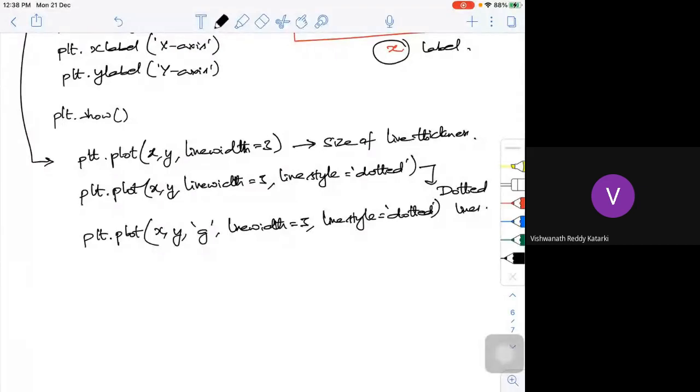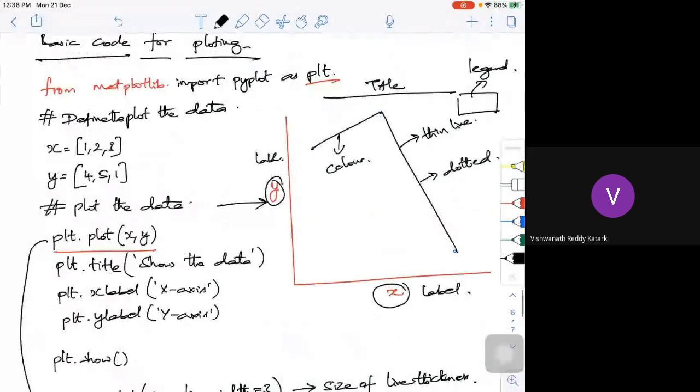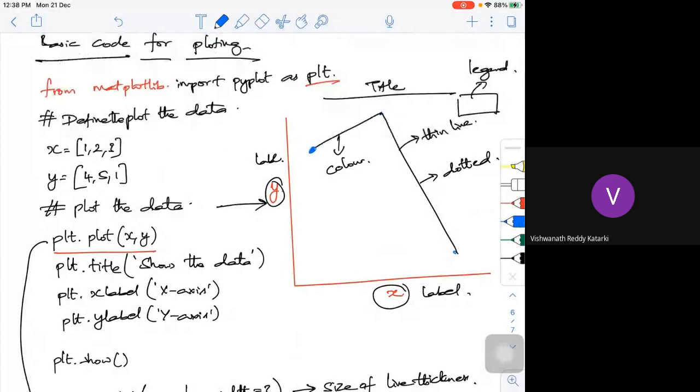I put it. Sometimes we may have to put the marker. What is the marker actually? Say I have this particular line here, and I want to put some kind of marker here. This particular thing is called a marker. I can put a circle marker, or an O kind of marker, or a diamond marker or a star marker. And we can also set the marker size and the marker edge color. I am trying to decide what type of marker and what the size of the marker is. So the size can be 2 or 3. The bigger the number, the bigger the size of the marker.